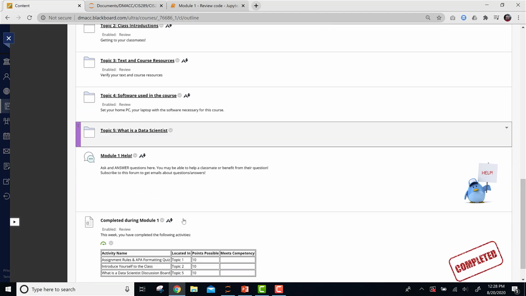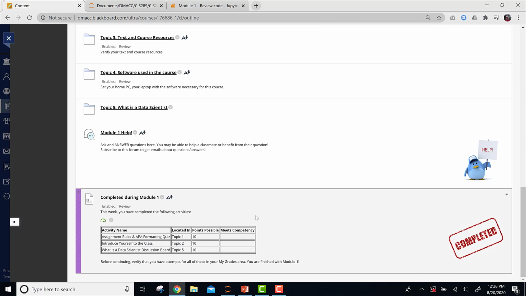And then down here at the very bottom of the module, you can see that I list the assignments that are due for that module. So you want to make sure that in this module, you have all 3 of these assignments completed before you move on to other things. Just make sure you don't forget to submit an assignment, because I don't want to come back 3 weeks later and tell you can't submit it because it's too late.